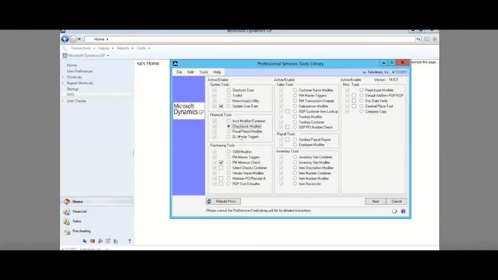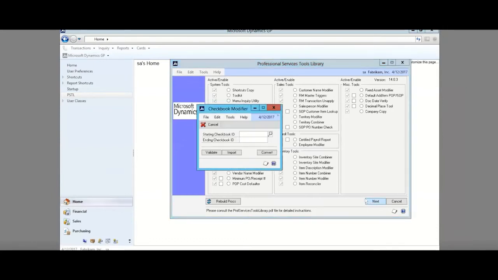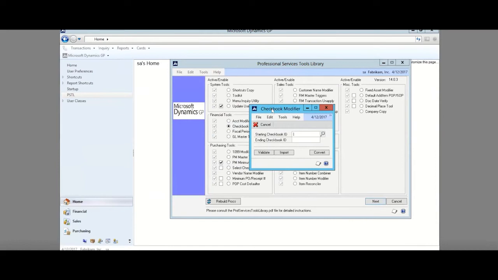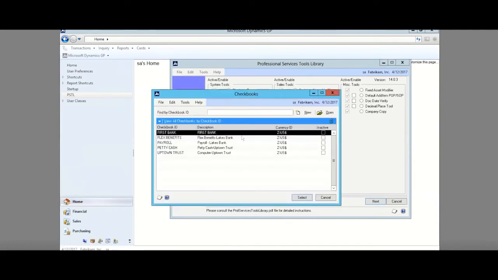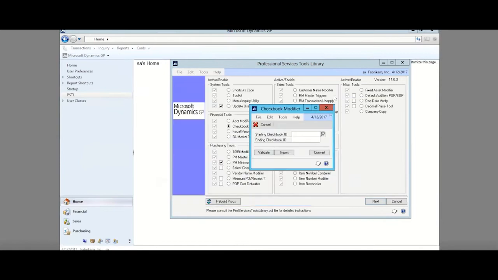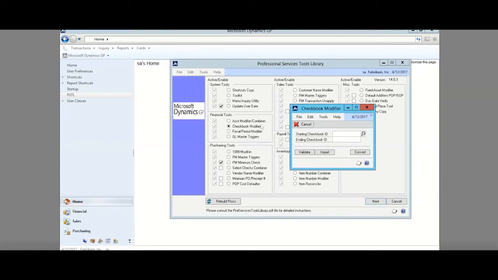Now let's take a look at Checkbook Modifier. For those of you who have multiple checkbooks and you need to move transactions from one checkbook to another, this is the option that you can use. You can choose your starting checkbook and you can modify it to one of the existing checkbooks. It's going to work similar to the account modifier, but this is just the checkbook option. So you'll be merging one checkbook ID to another checkbook ID,